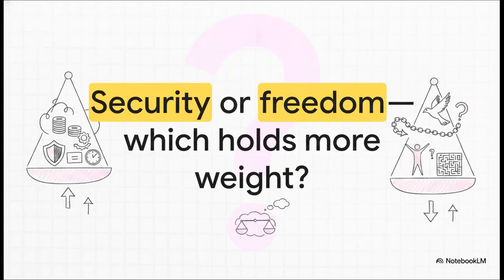Which brings us to the core dilemma: guaranteed Social Security, equitable wealth distribution, and full employment sitting on one side of the scale. On the other, the loss of consumer choice, bureaucratic inefficiency, and the very real threat to individual economic and political freedom. We've laid out the textbook economic audit for you today. Now the final task of weighing these profound trade-offs falls entirely to you. Which side of the balance sheet holds more weight for a functional society?